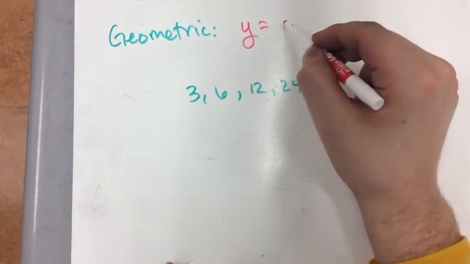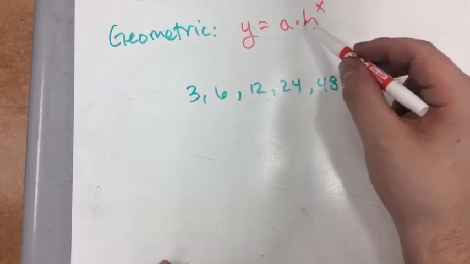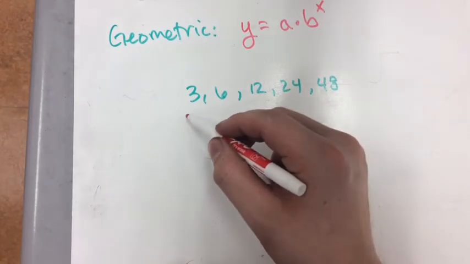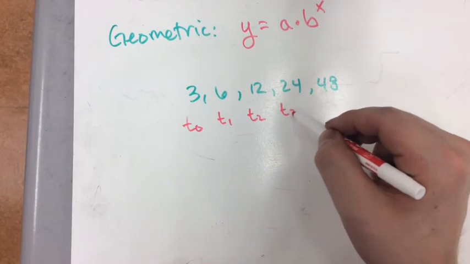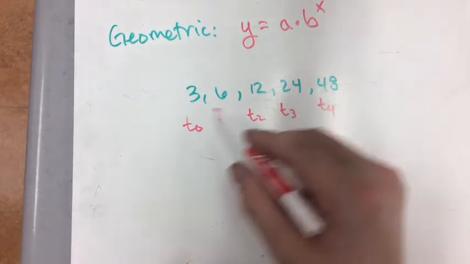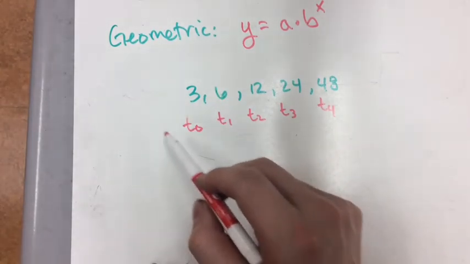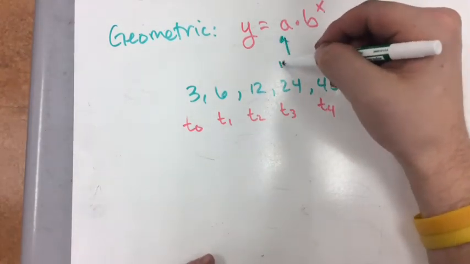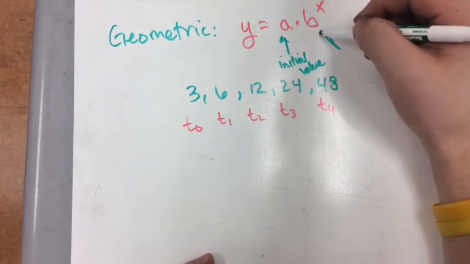Okay, geometric sequences suspiciously look like exponential equations. So this is y equals a times b to the x, where b is our multiplier and a is our initial amount. Okay, if we look at this with the term numbers, t0, t1, t2, t3, t4, we have 5 terms shown, 0 through 4. And if we notice that 3 is actually our initial value, well, our initial value equals a here. So this is initial value. And this right here is our